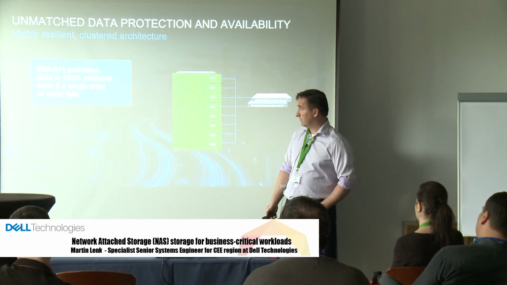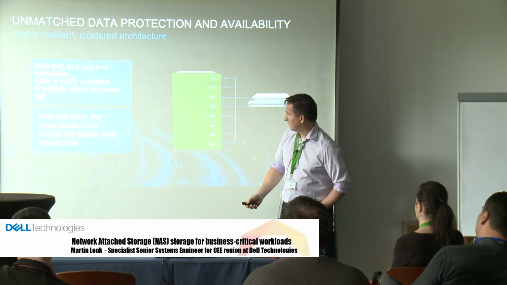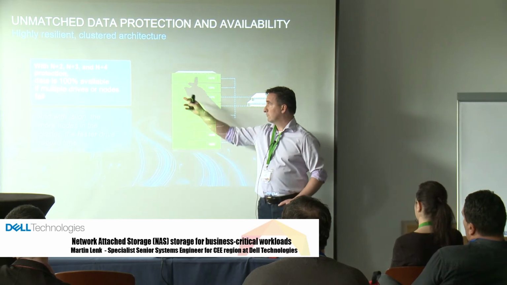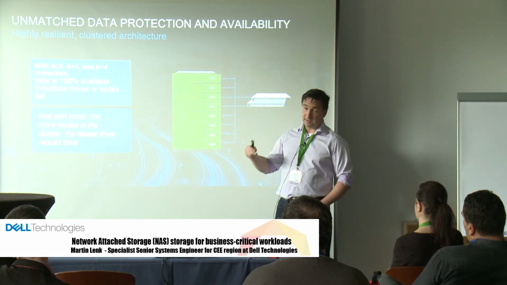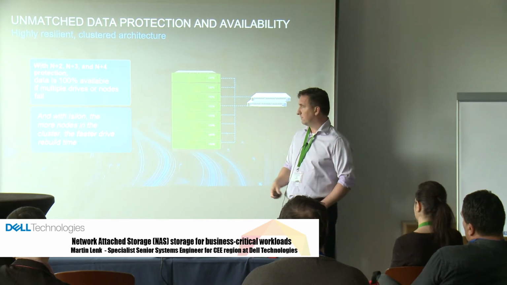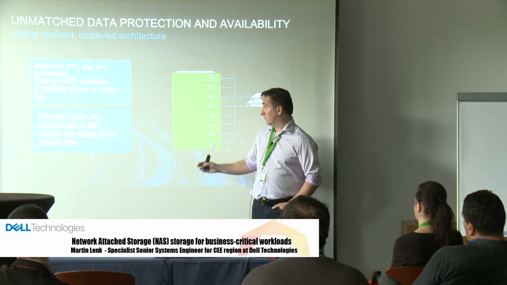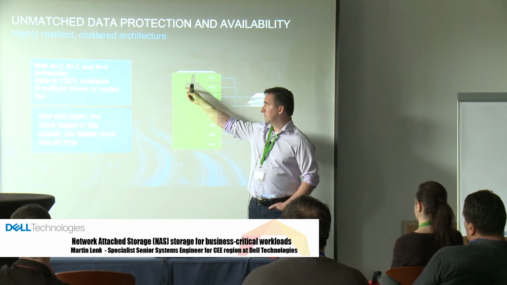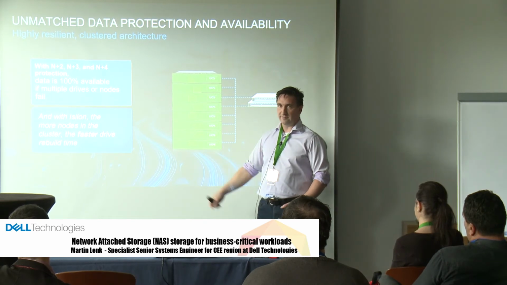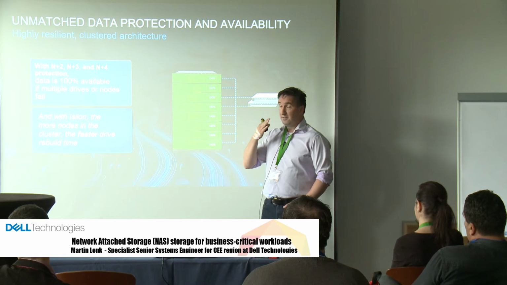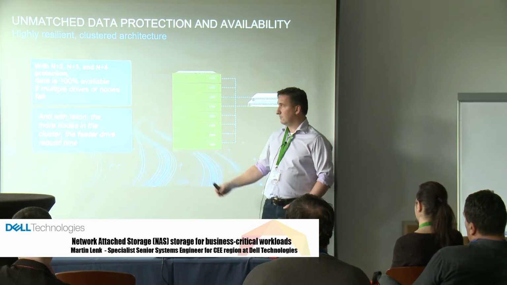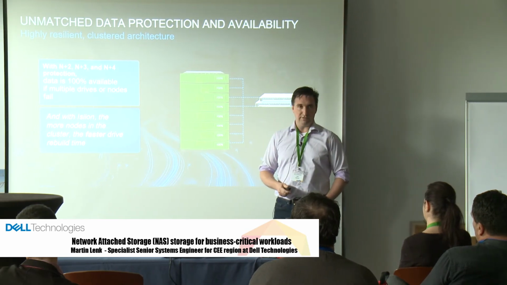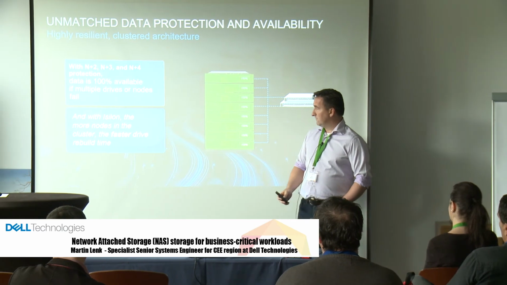For example, if a drive fails in this node, the system immediately starts the process and rebuilds the missing data. But you can consume, for rebuilding this single drive or even more drives, CPU from every single node in the system. If you have a 4-node system, you use CPU from 4 nodes. If you have a 12-node system, you use CPU from 12 nodes. And you have even this luxury, because the backend is Unix, and with Unix you can play a lot with the processes.